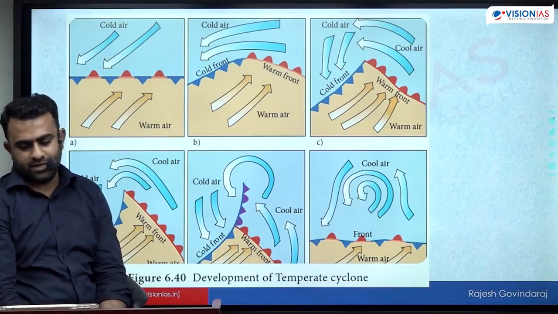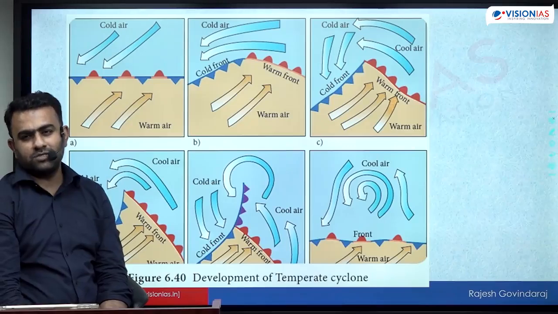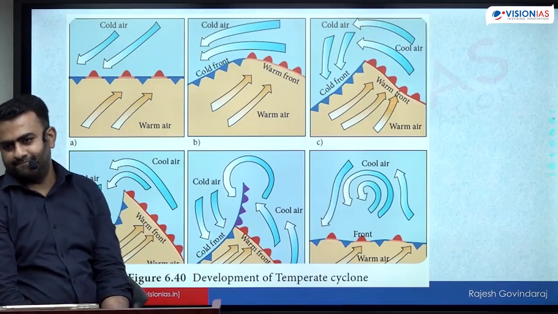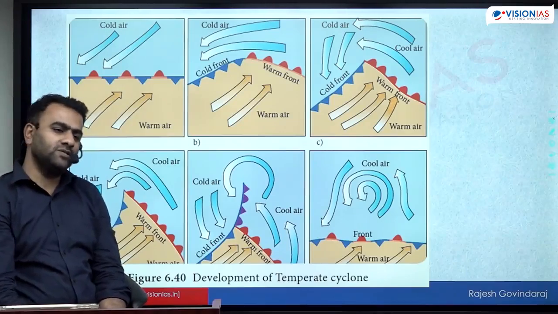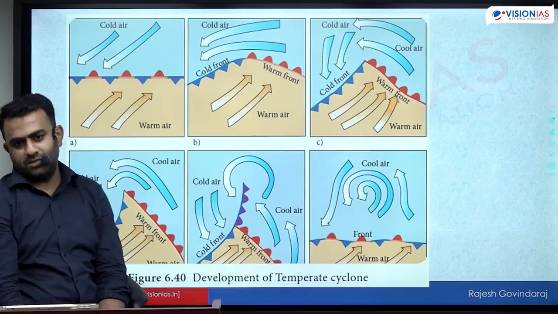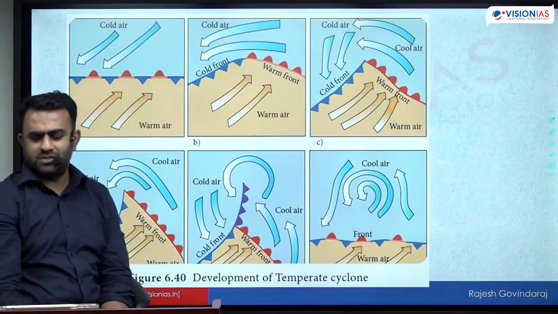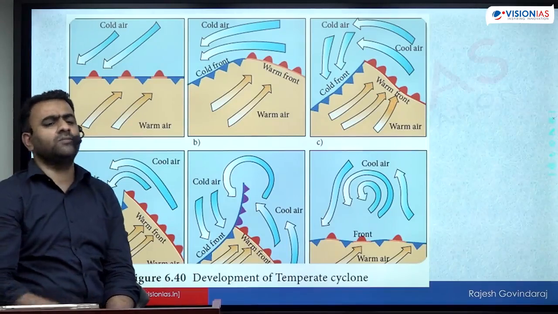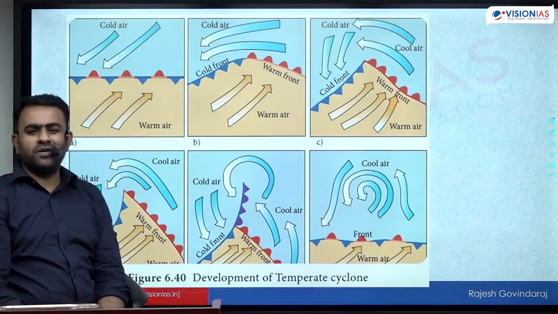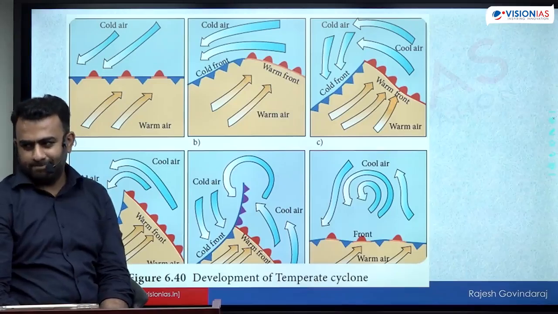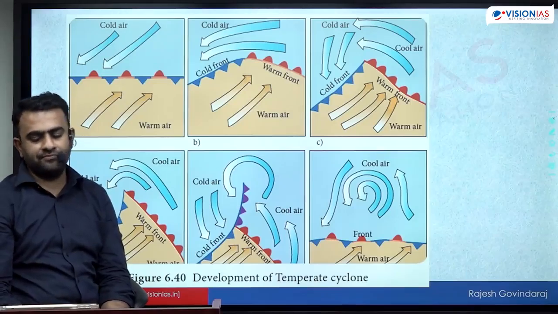That is what is temperate cyclones. Temperate cyclones are strongest during winter. Why? It is during the winter you find the maximum contrast between the air masses. Cold air mass is very, very cold. Warm air mass is comparatively warm because it comes from a tropical region. During the summers, cold air mass is not going to be very, very cold. It's because of that.